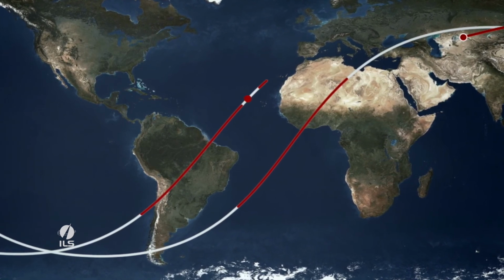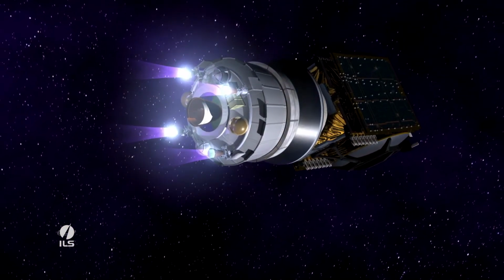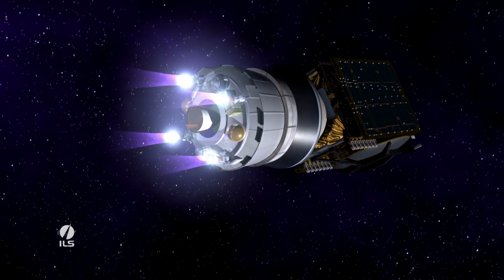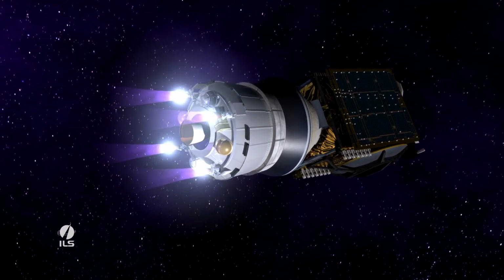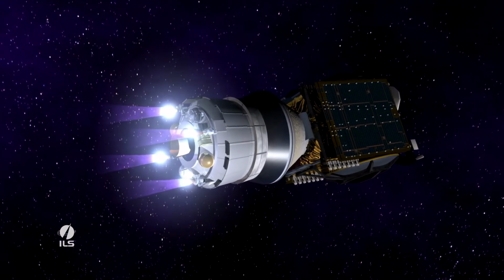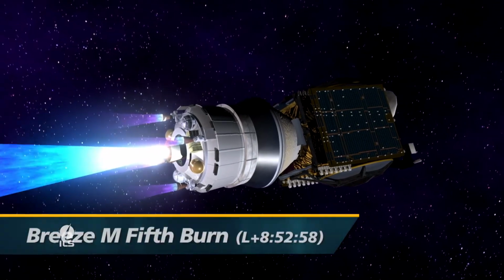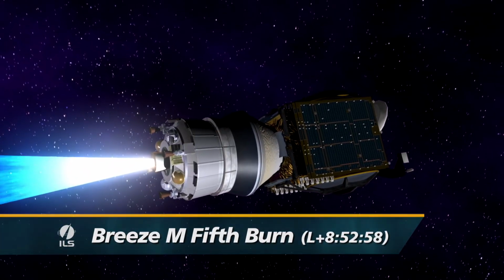miles west of Morocco. The Breeze M performs various attitude maneuvers during the coast phases between burns, allowing EchoStar XXI and the Breeze M to be exposed to the warming rays of the sun at pre-programmed solar illumination angles, designed to meet power and thermal requirements. About 5 hours later, the orbital unit performs a large plane change maneuver with a significant